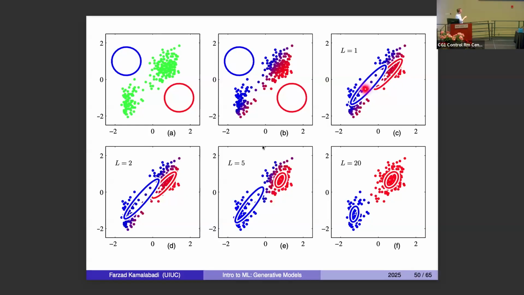And that is exactly what we are seeing over here. At the next iteration, when L is equal to 2, we have this Gaussian, and then look, by the 5th iteration, one of those clusters learns that the dispersion should be tighter. It gets smaller and gets centered around that cluster. And the same thing happens later for this one. By the time you go through 20 iterations of expectation maximization, you end up with essentially the fit of these two Gaussians to these two clusters.